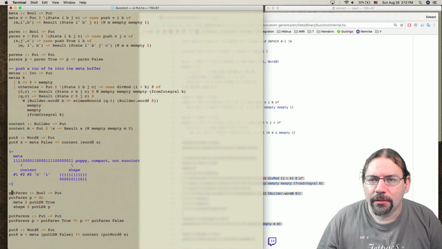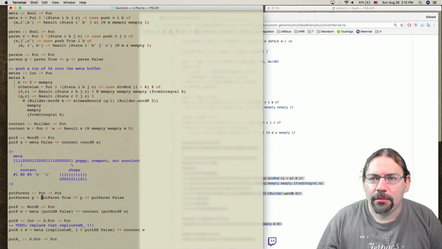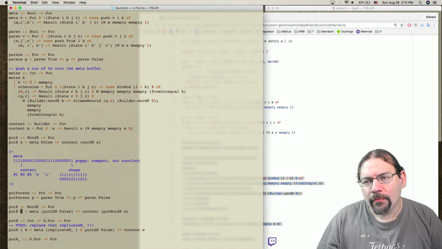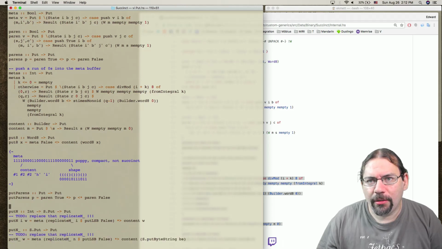Put parens. Meta put LSB. This is just meta false now. And that's already been incorporated.